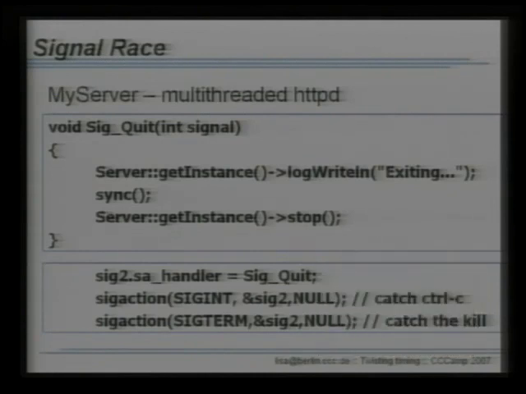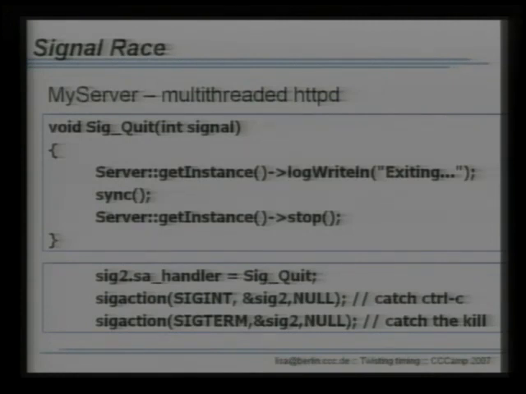And one example of a signal race, a really simple one, is by a brilliant multi-threaded HTTP server called MyServer. It's a very good lecture on how not to write multi-threaded code, incidentally, if anybody cares to learn how not to do it. And they also, like I just said, define one function, use it for two signals, SIGINT and SIGTERM,